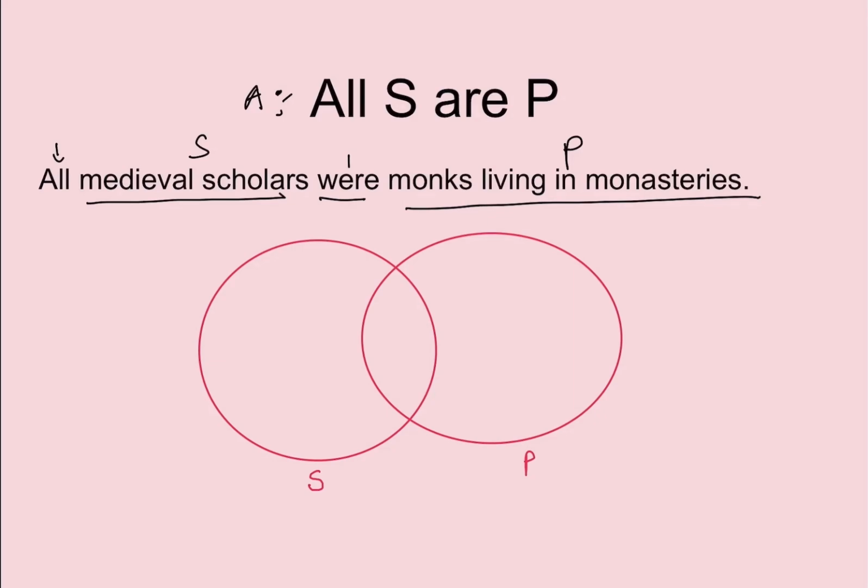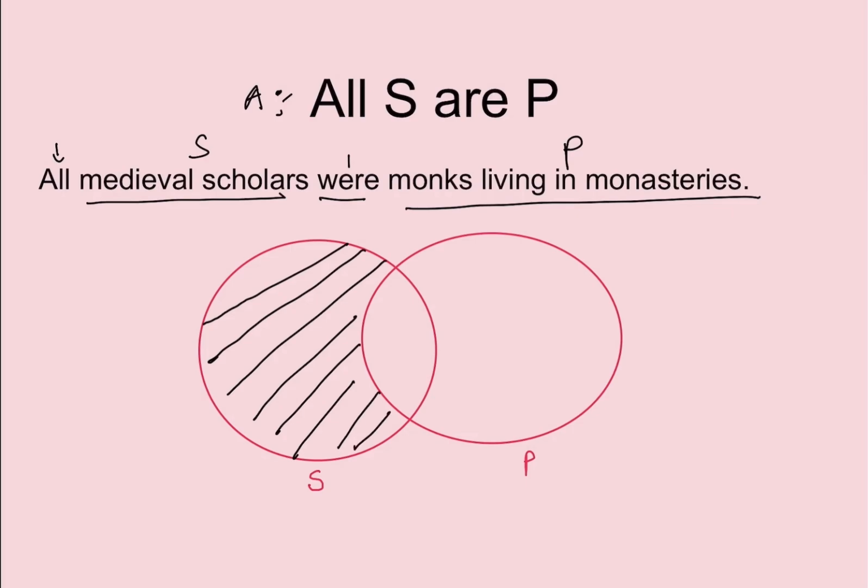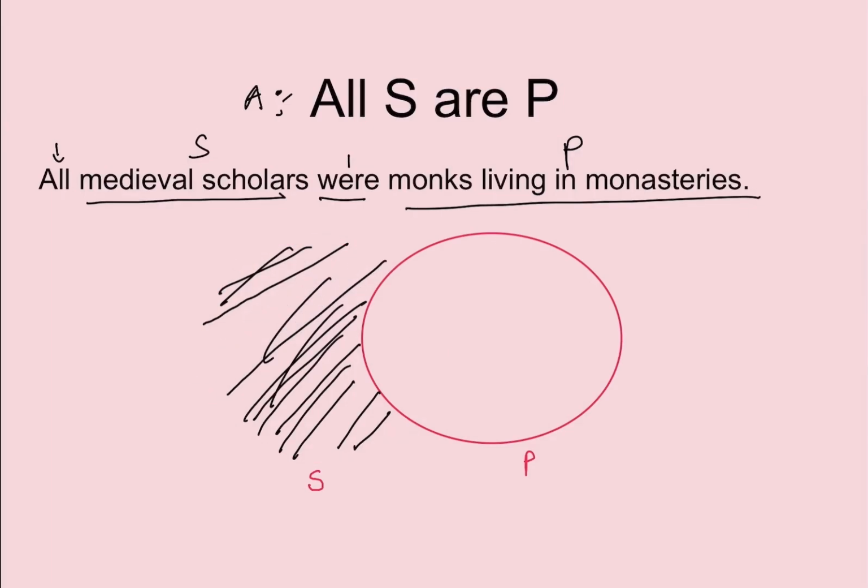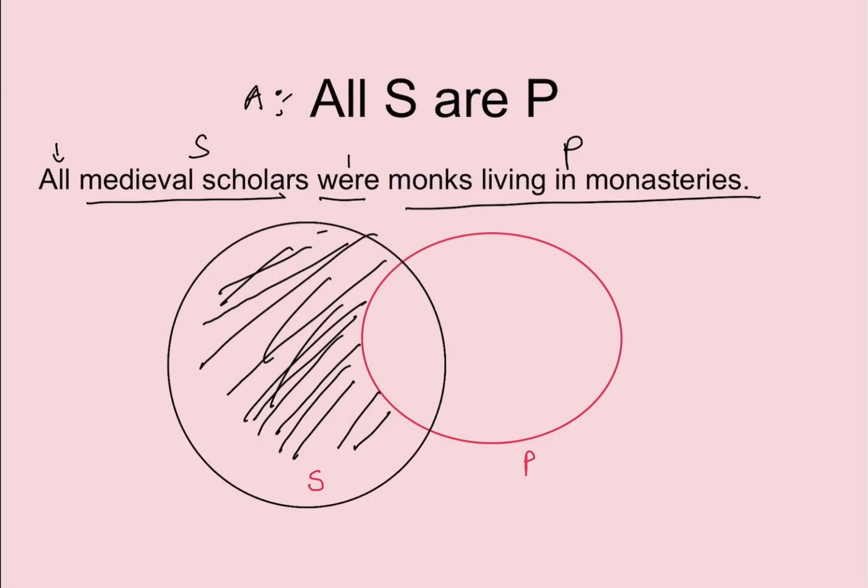अब इसमें हम क्या करते हैं? Now in this particular case, ये जो आपका सब्जेक्ट पार्ट है वो पूरा शेड हो जाएगा, ठीक है. So this area will be meaning that this part is empty. All S are P: ये जो पार्ट है पूरा S are P. So this is all S are P and this part is empty. So यहाँ पे you won't be doing anything. तो ऐसे आपको प्रॉपरली शेड करना है, ये पूरा एरिया अच्छे से शेड करना है.